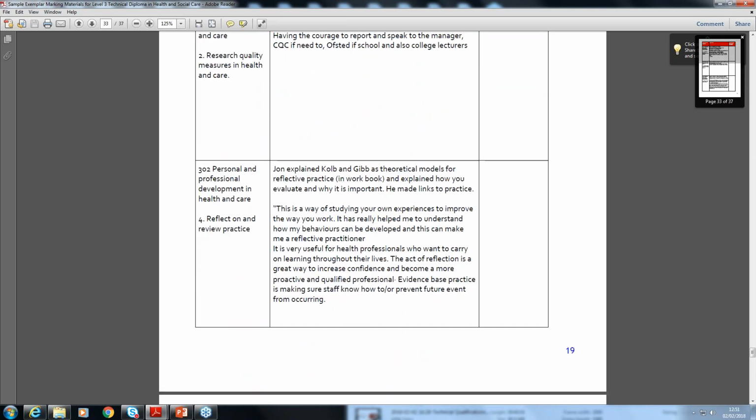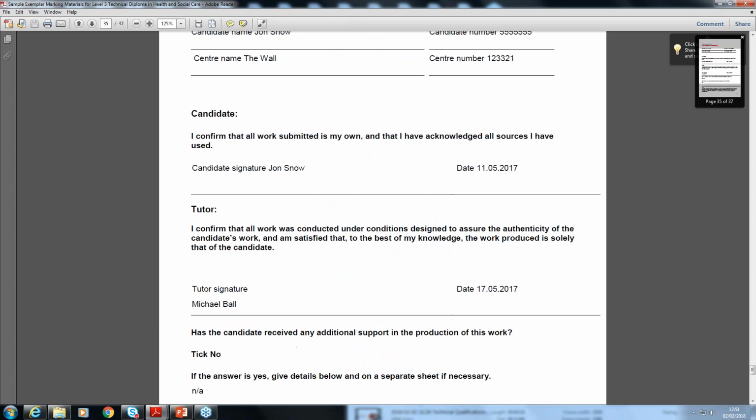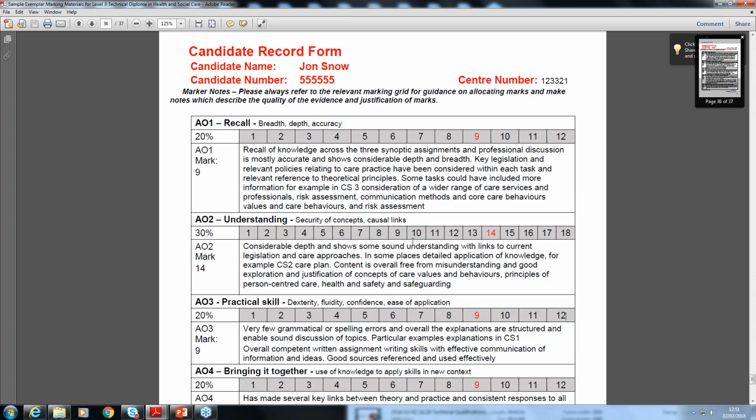Now if we move on to the candidate record form. One thing I'll say is I'll go back to the point that some centres last year completed one of these for each case study and the professional discussion. So each learner ended up with 4 candidate record forms or the equivalent. And this is not needed. What is needed is 1 candidate record form across the synoptic. So the assessment of objectives, the mark given, is across the tasks compiling the synoptic assessment.